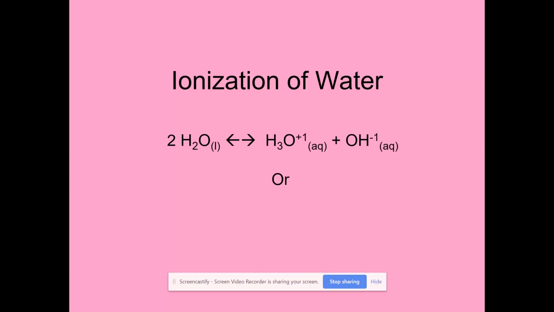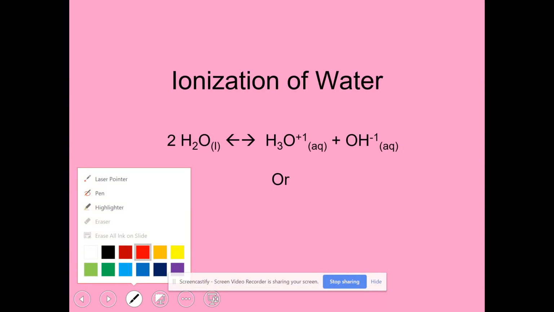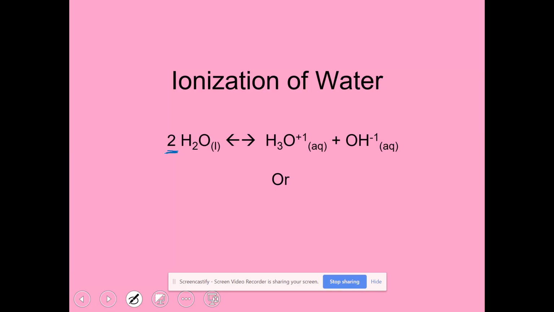If you have two water molecules, and you can see here that we have two water molecules on the reactant side of this double arrow, remember that they are highly polar, and if they hit each other just right, a hydrogen can transfer from one water molecule to the other one, creating these two ions. Now, this is a reversible reaction. You see that by the double arrow here,